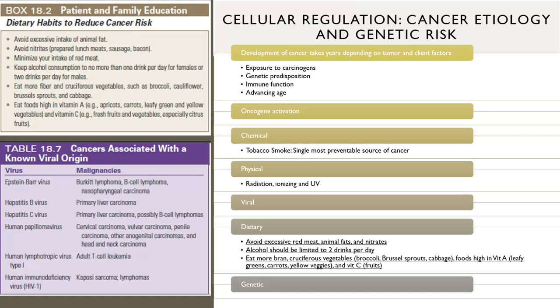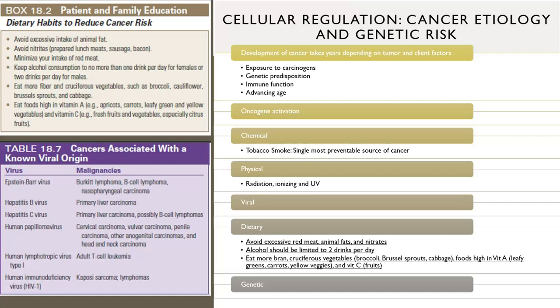It's chemical, it is harsh to our body, it causes mutations in our cells, ultimately leading our body to change from one kind of cell to another kind of cell to adapt to that carcinogen. But it is not a good adaptation over time, because that cell that your body replaces it with is not a cell that's supposed to be in your lung tissue. So development of cancer takes years, depending on the tumor and the factors.